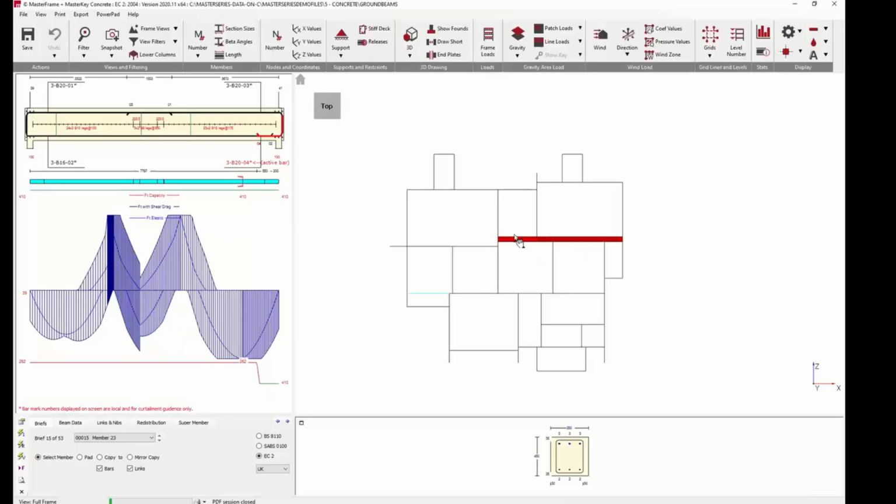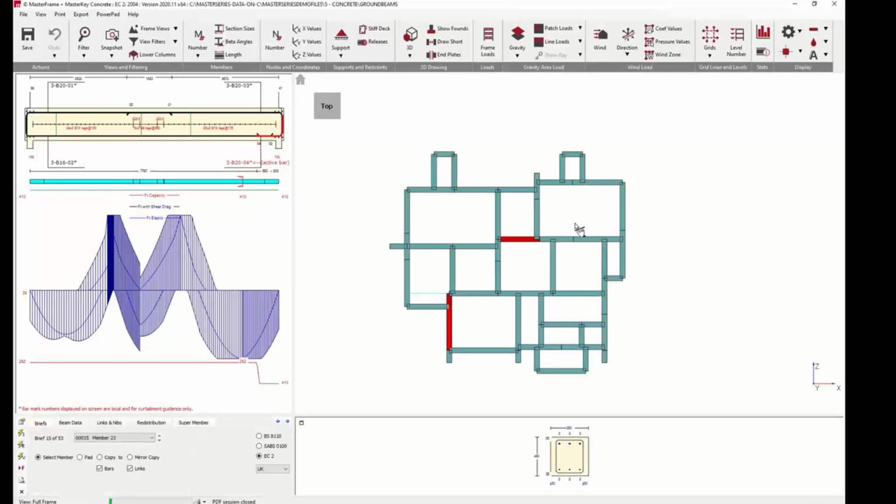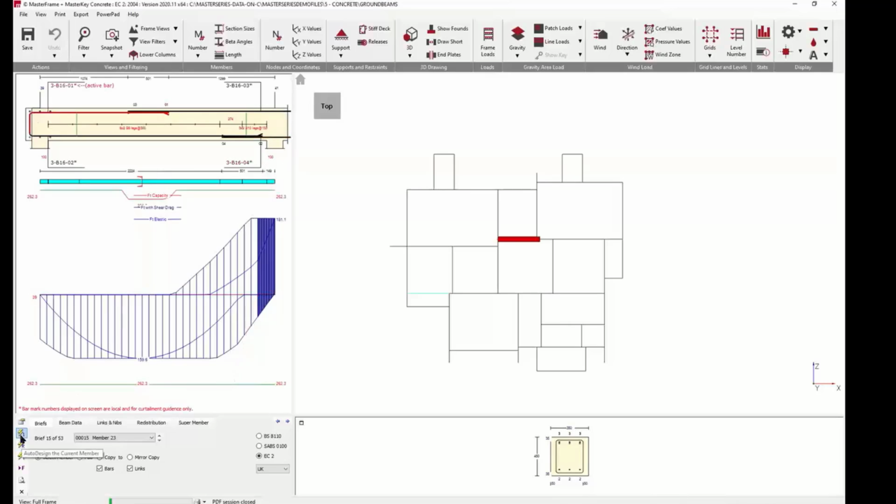So we might have taken these 2 shorter spans and made them one. Obviously it depends on your lengths and everything, and that is everything detailed. And of course, we've now got a more rigorous set of details on that. So if I go back to super member and highlighting that one, just delete it, and then just come along out of that into briefs and resize,